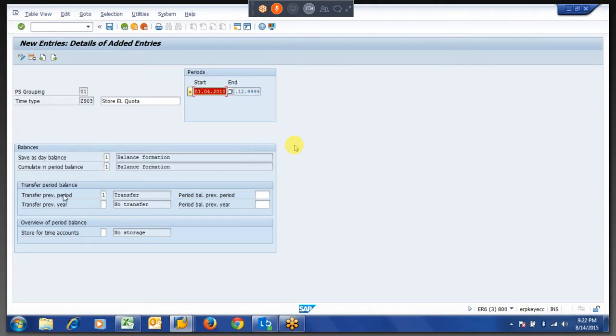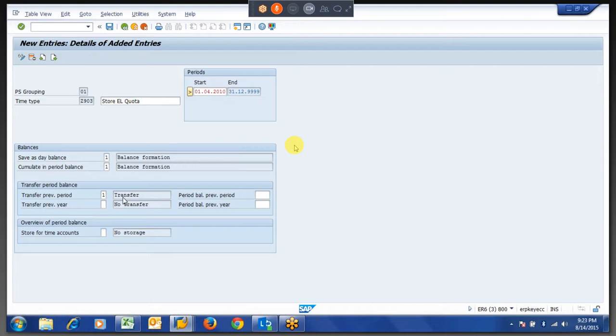See here for the example period is month, so if it is accumulating in the month, it won't be enough. It should transfer from month to month. You try doing when you are working. If you remove this, what will happen? In April, it will be there. It won't move to May. Let us say in April 2.5 you got. So it will store in this time type. That same time type you can't see in May because this is not checked.